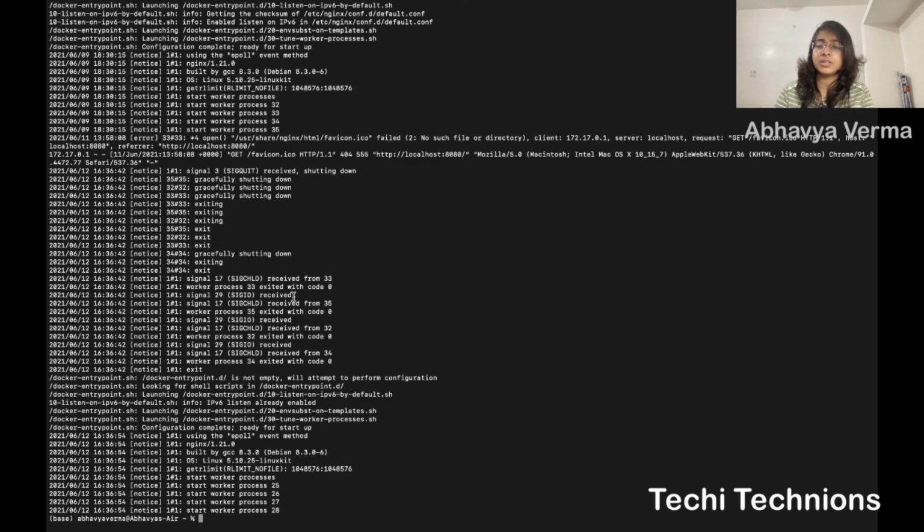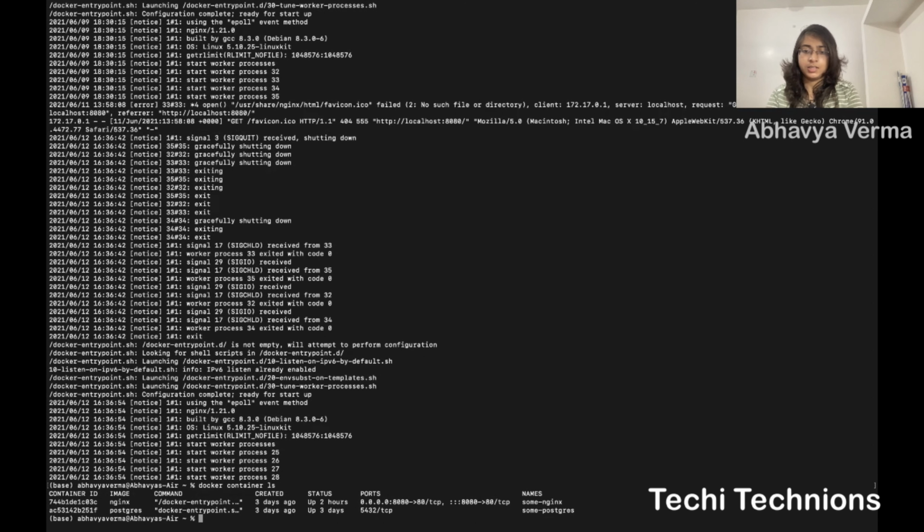And then the Docker container pause. I will show you the difference between pause and unpause, and stop and restart or start command. So once again, docker container ls is giving us these containers. Now I will do docker container pause and give the id.